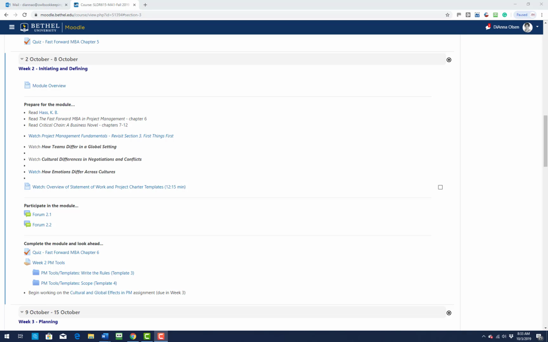So the focus for this week is really looking at diverse settings and how we operate our projects across these differences in our workforce. There's another class that I'm teaching right now that talks about diversity in the workforce and inclusion. And so you may have project teams that are working in different time zones. They might be in a different state or country. And you're going to find how each of them shares emotions differently.